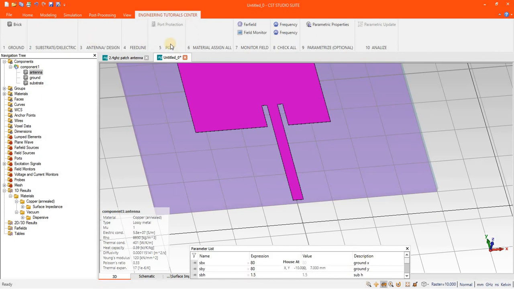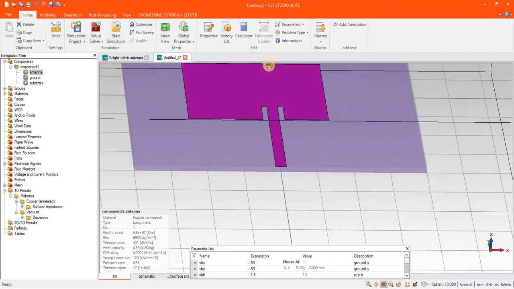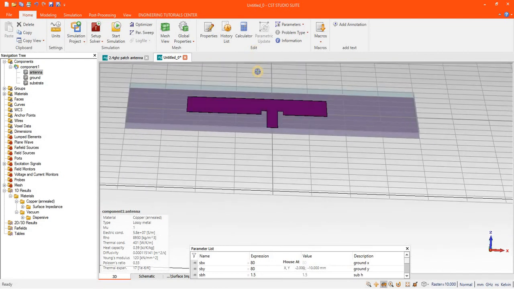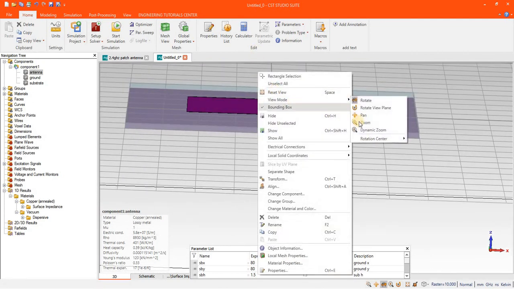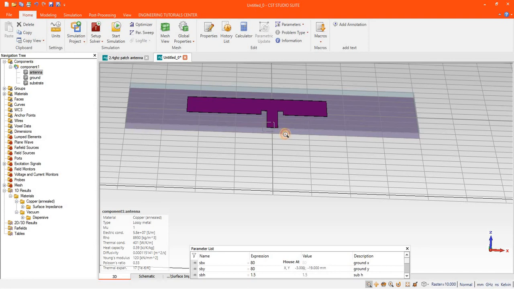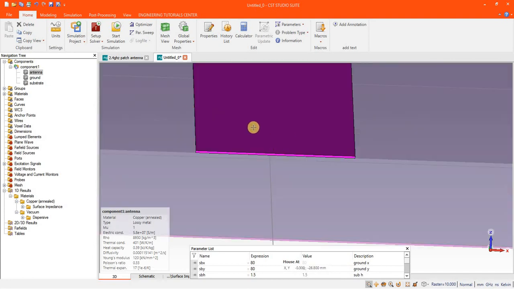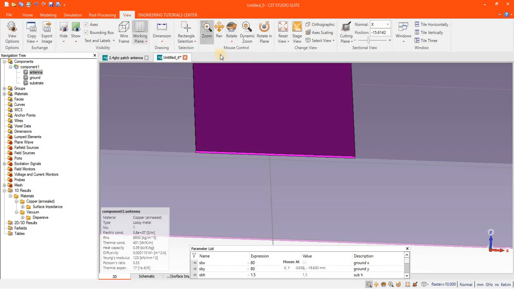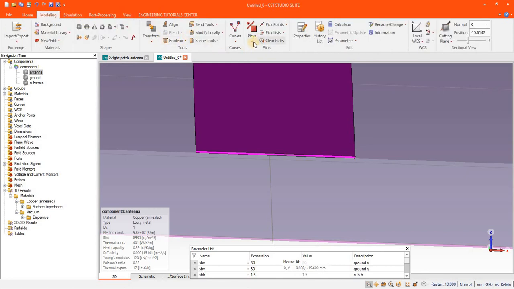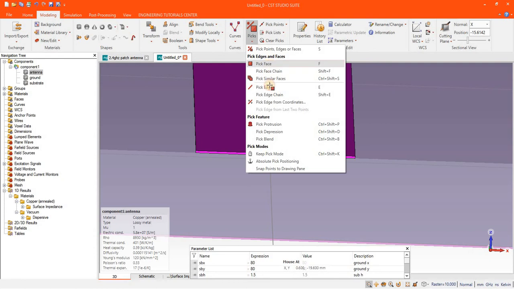After assigning the feed line, the next part is to assign the port. I will zoom into this feed line, and after that pick the face of this.